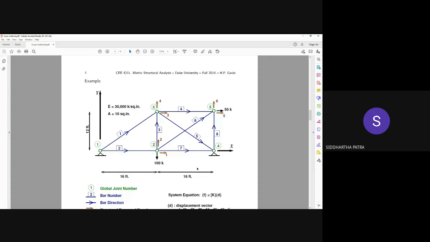Now you know that once you write down all the equations, okay, all the equations,